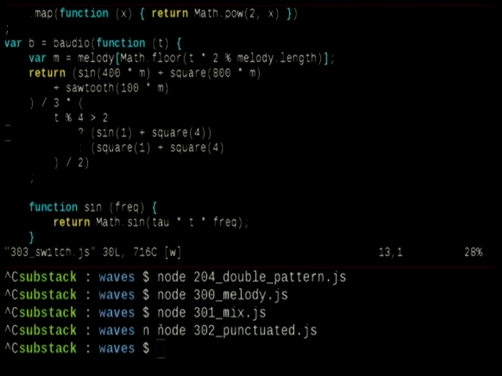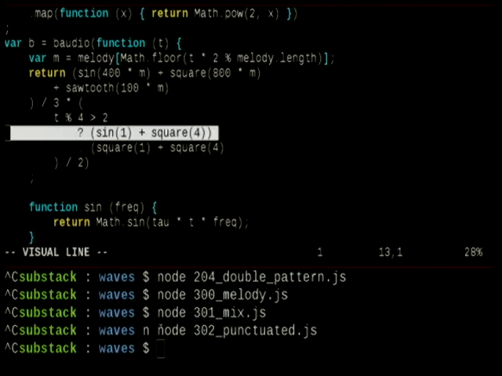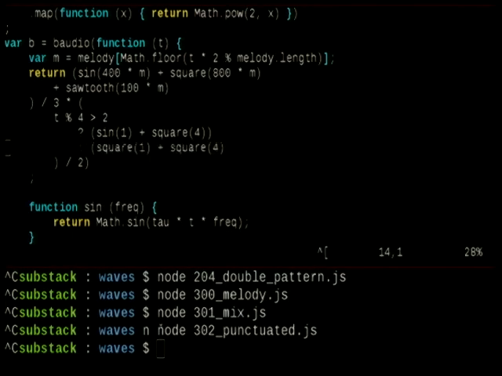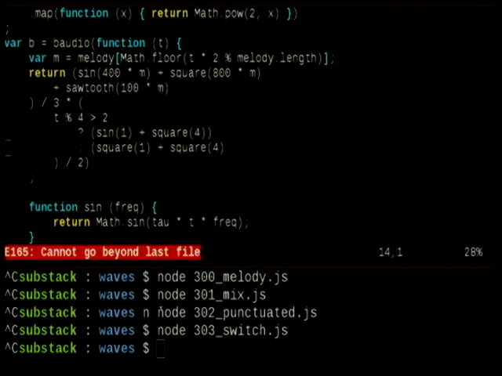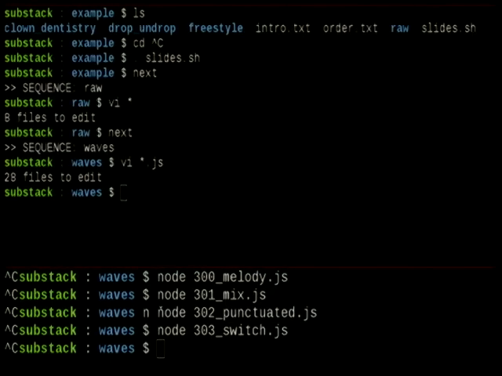Anyways, if we have something like this, we can switch between a sine wave plus a square wave and just 2 square waves, which sounds kind of neat. So we can change the instrument on the fly. Every 2 seconds, the instrument is changing. So that's really all that you need to know about waves and stuff. I mean, sure, there's more, but you can get really far with just these simple ideas.